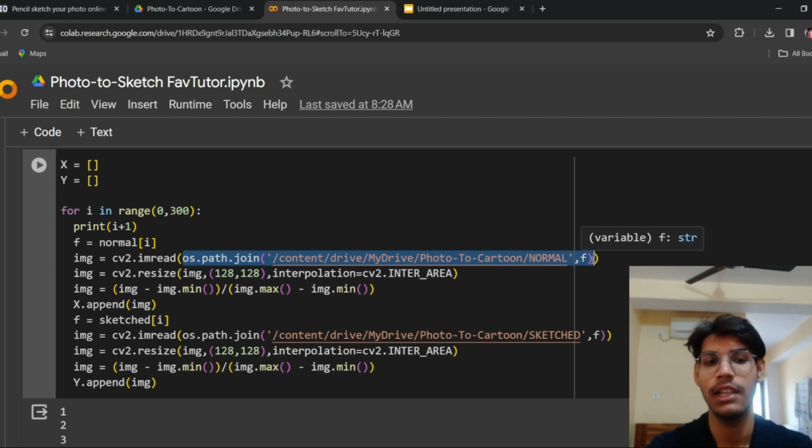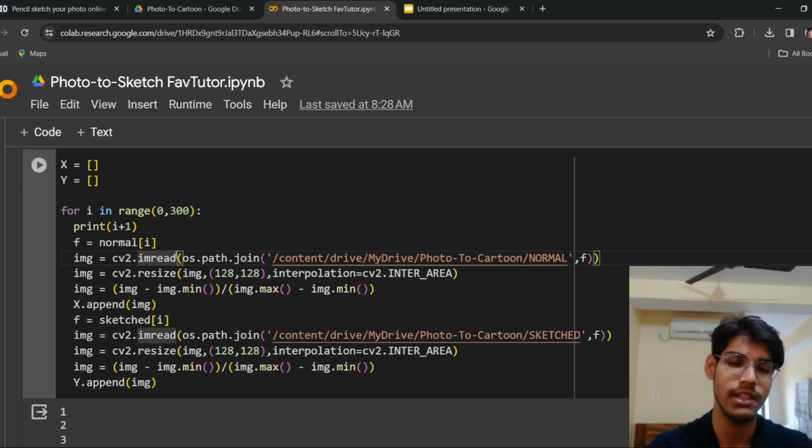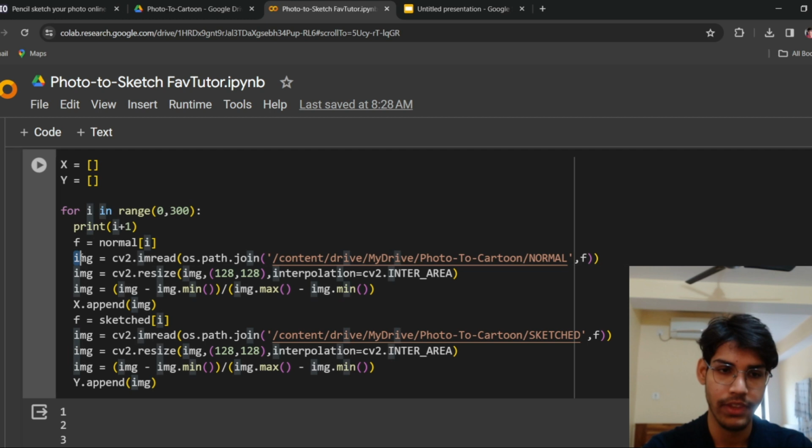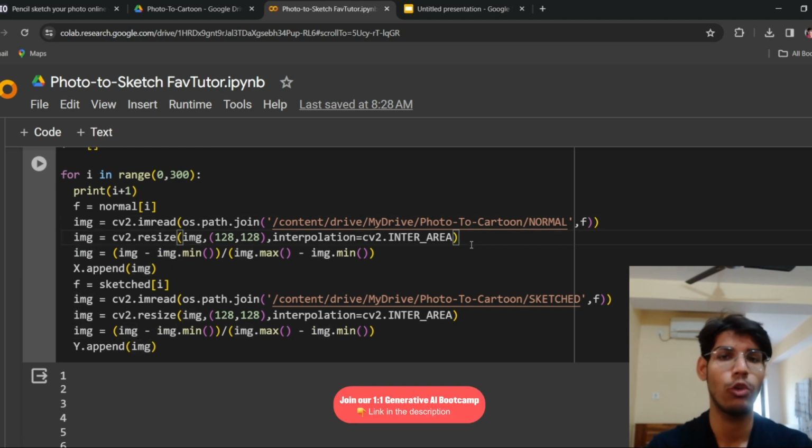Now this file path is being passed to cv2.imread, right? And as soon as cv2.imread gets the file path, what will it do? It will basically extract the image from that file path, correct? So now img has the image, correct? Once img has the image, now what do I want to do? I want to bring my